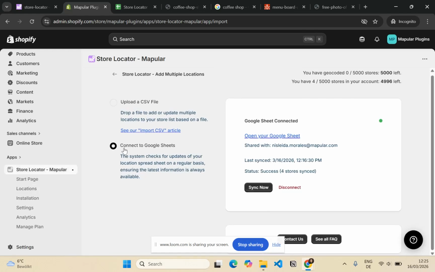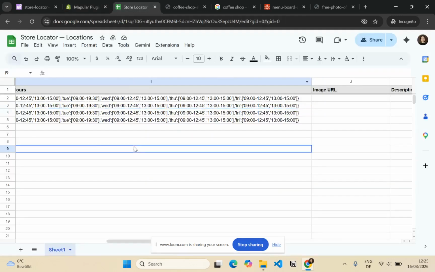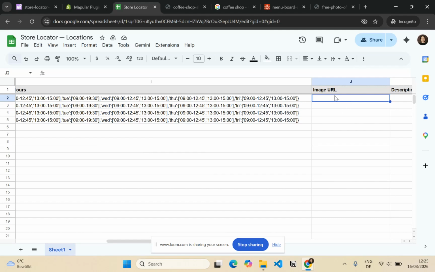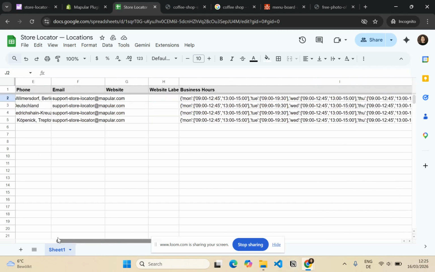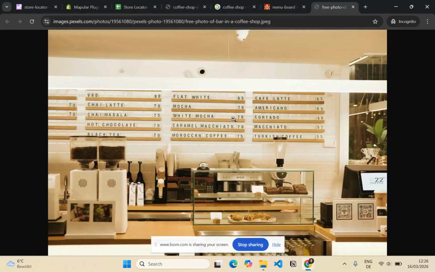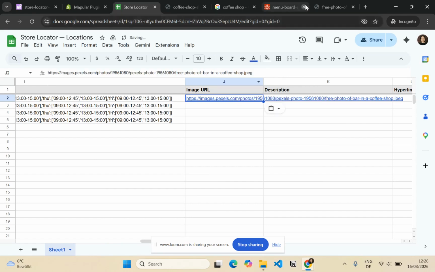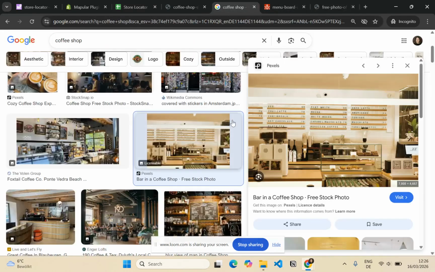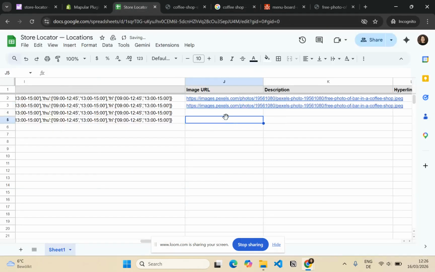Then in Connect to Google Sheets, you will open your Google Sheet, and then here you can paste the image URL per store. So I'm going to use these sample images. Copy image address, then paste it. Then let's use this one. Copy image address and paste it. And let's leave the other two for